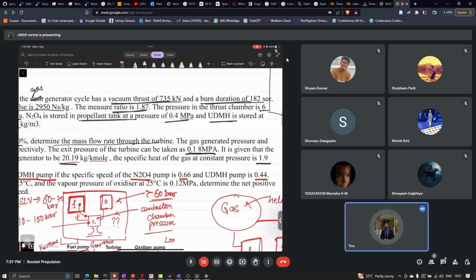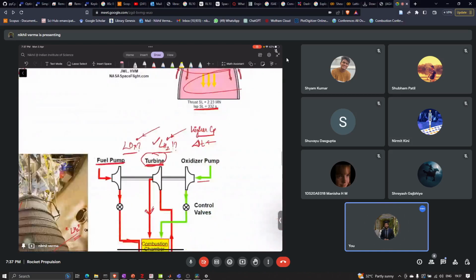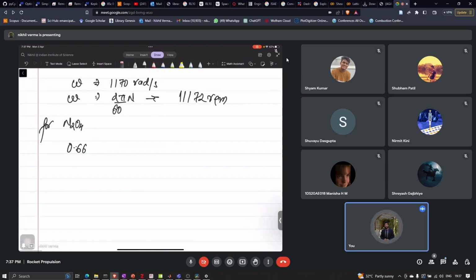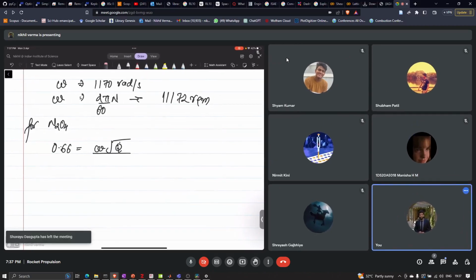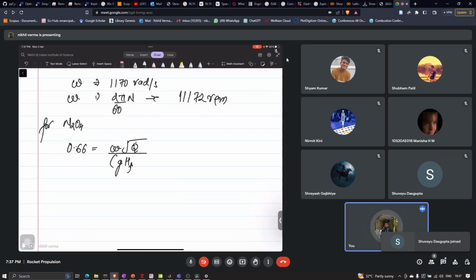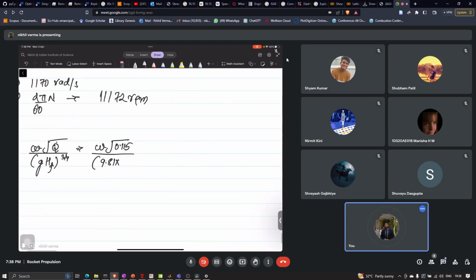Yeah, it is given as 0.66, which is equal to omega times square root of q dot, by g h fuel to the power 3 by 4, right? So we have omega, this is 0.15, this is 9.81, and delta